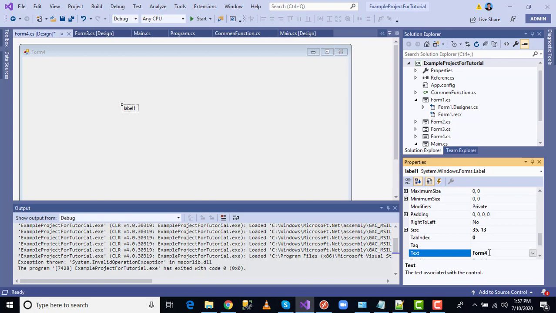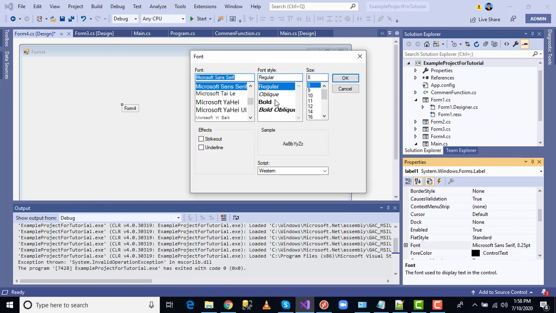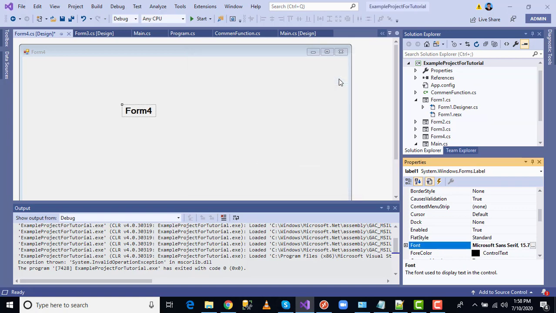Okay, this is form 4, and then I'm going to mention some font size also, to make it understood. I'm going to highlight the font size also, so it should be bold, and then it should be 16 like that, and then I'm giving the highlight. Okay, this is form 4.